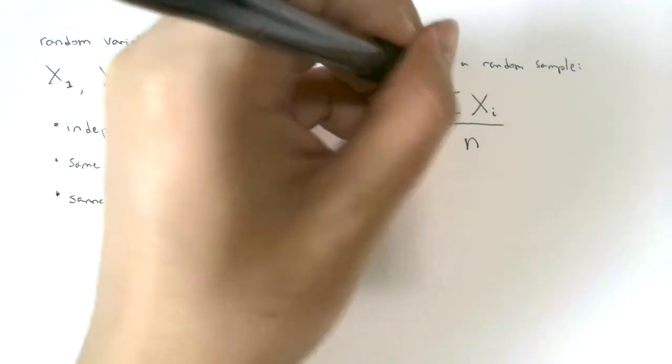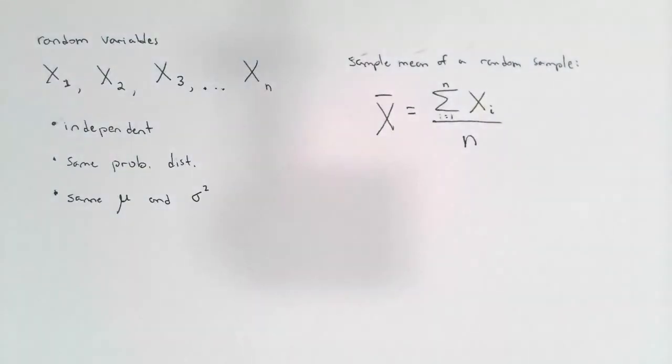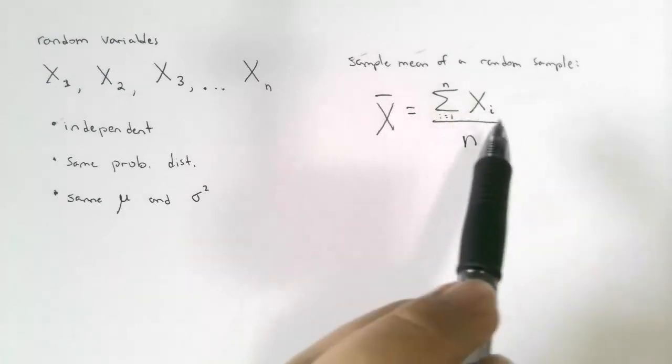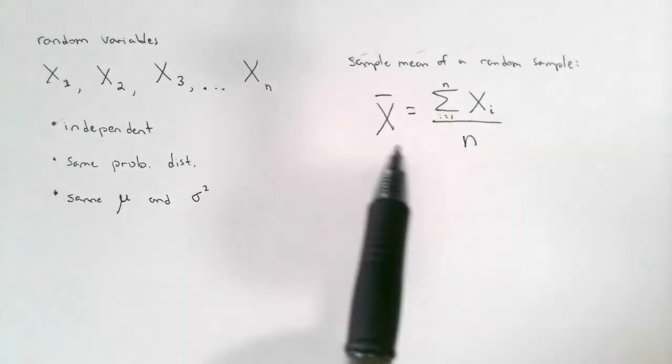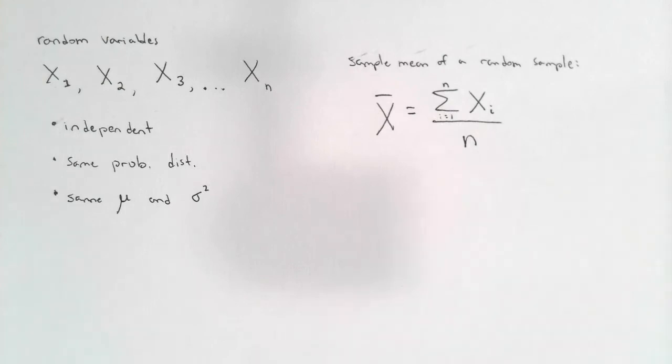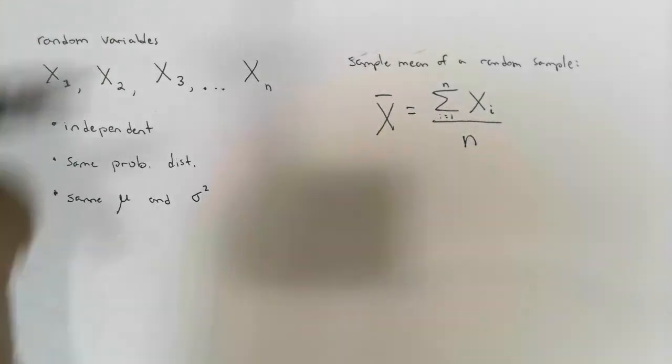I'll just say from i equals 1 to n. This sample mean itself, it's going to be a random variable, right? Because what you're doing now is you are taking the mean of all of the random variables. We already mentioned that a statistic is a function of a random variable, and a function of a random variable is itself a random variable. What that means is that this sample mean is going to be itself a random variable with a mean equal to